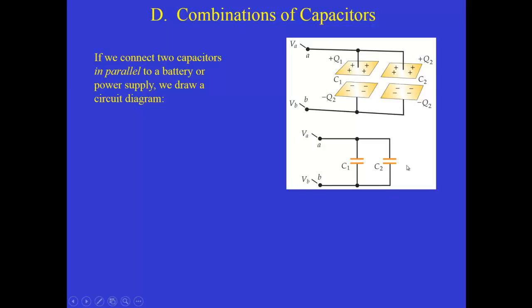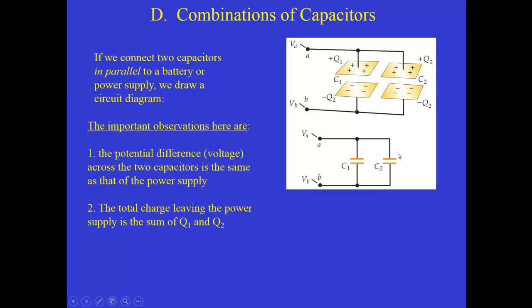The bottom sketch is the typical schematic where two short parallel lines are used to indicate the capacitor. So what we can observe, first of all, before we figure out how these two capacitors behave together in series, we can see right away that the potential difference across the two capacitors is the same as that of the power